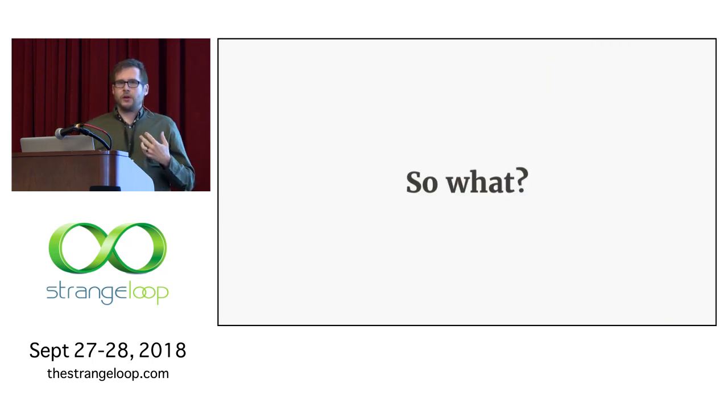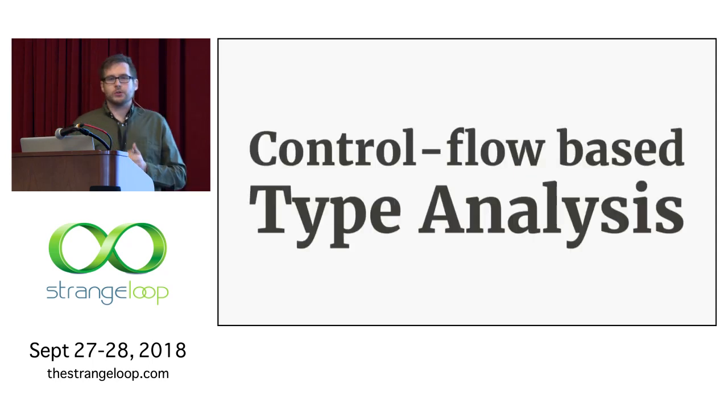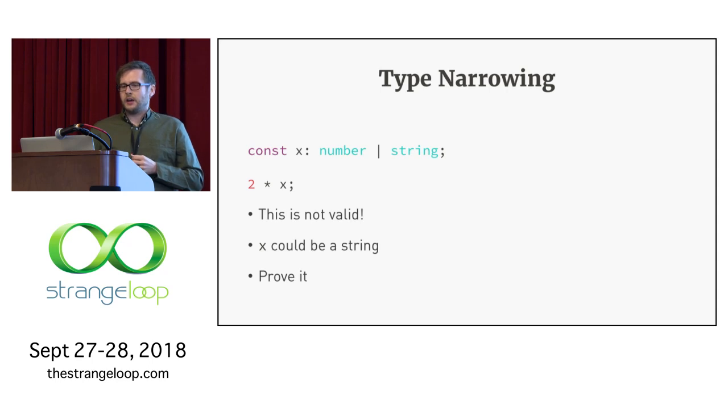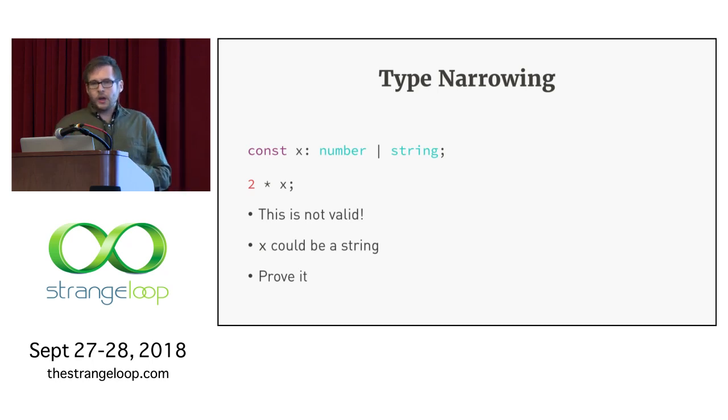So you might ask yourself, well, okay, why would I want to OR types together? And the reason is because it meshes really well with this control flow-based type analysis that TypeScript does. So this is about understanding what your if statements are proving about the types that they're dealing with. So if we have a constant that's of type number union string, TypeScript won't let us multiply that constant by 2 because it could be a string, and we can't multiply strings by 2. But it could be a number, and sure enough, it's valid to multiply